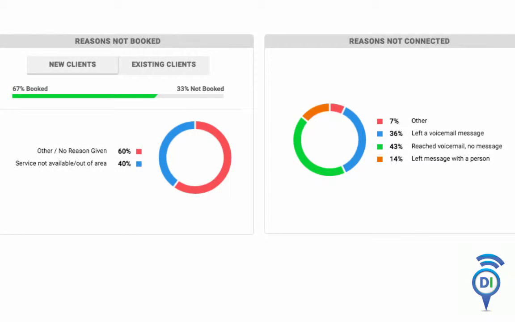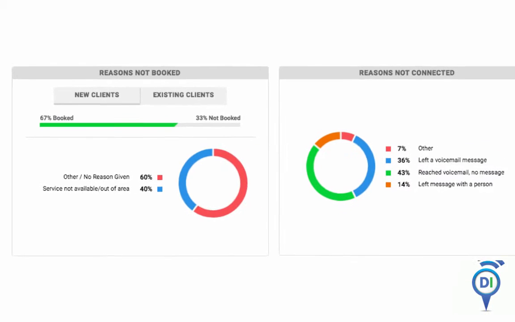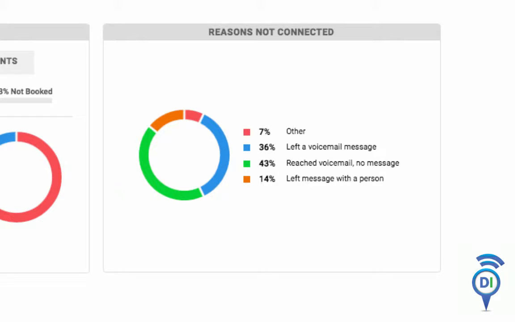The next report gives you an idea of reasons not booked. Now, on here there's only 2, but there may be others on your report. It might say insurance, things like that. And then the other part of this particular report is reasons why someone didn't connect. So when you're looking at this, take a look at the 43% reached voicemail and didn't leave a message. That's important. You need to probably take a look inside of the practice and see how you can implement something